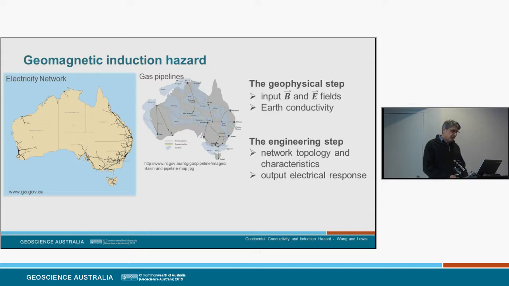So that means the study of GICs can be quite neatly divided into two steps. The geophysical step, the first step, attempts to understand and map the driving surface electric field caused by the geomagnetic variations, and the engineering step takes that information and uses it together with electric circuit theory and the network parameters to calculate the resulting currents that are going to flow in the network. So here at GA, we're addressing the first step, the geophysical step, to characterise the induced electric fields. And the engineering step is being studied by others, namely Space Weather Services, the Bureau of Meteorology, and the electrical grid operators.